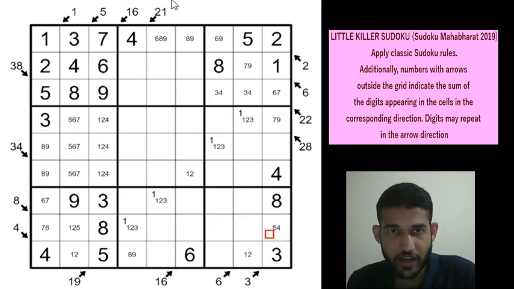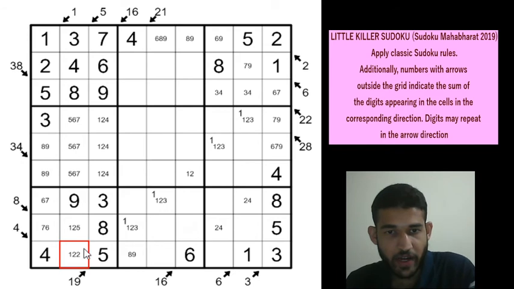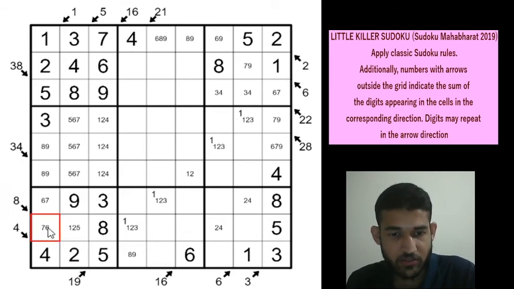So that gives you a 5 here using classic rules. Because of this 4, this is a 5, so this is a 1. So these two cells will be 2, 4 in some order because 1 and 5 is not possible. And this will be a 6, 7, 9 to complete that row. Now that we have placed 1 here, so this will be a 2. Row 9 column 2 will be a 2. So for the 8 total, this will be a 6, this is a 7, and this will be a 1,